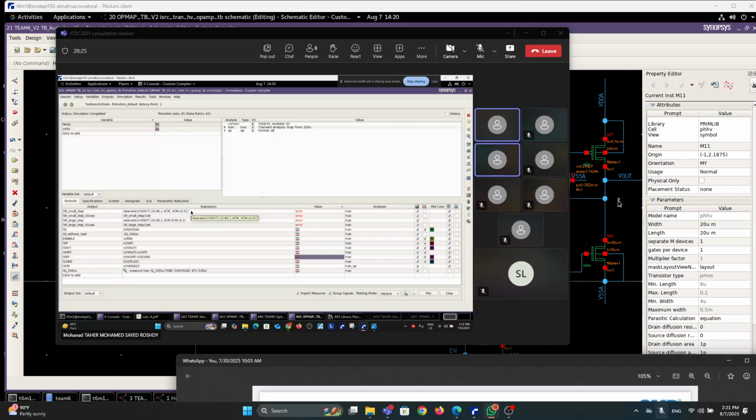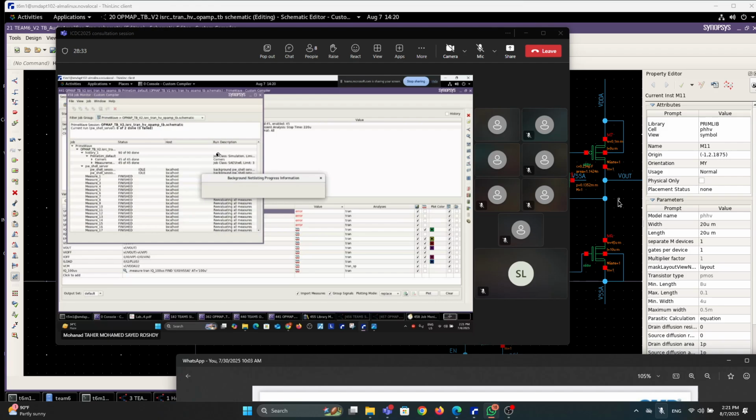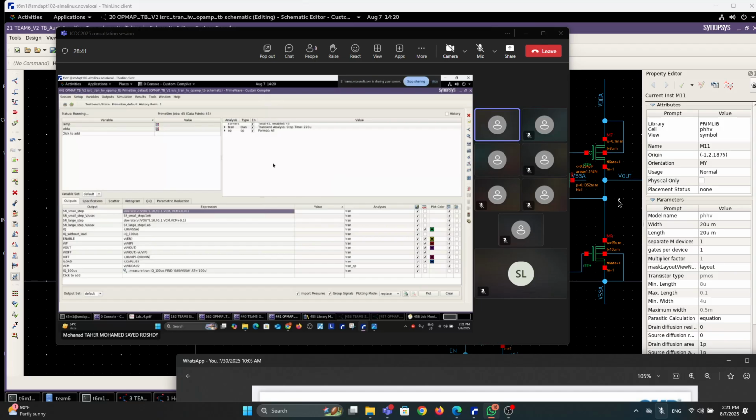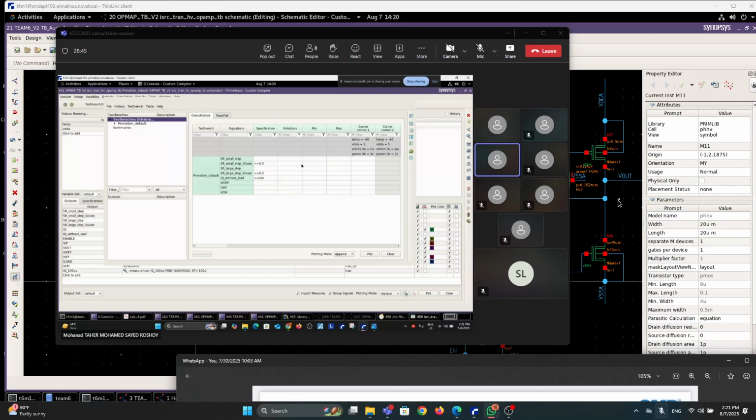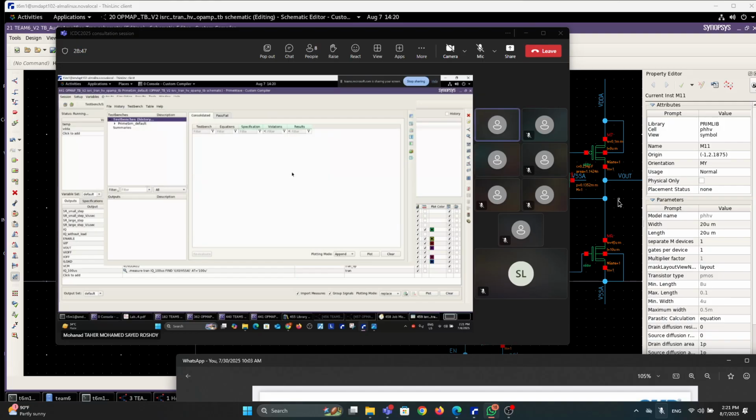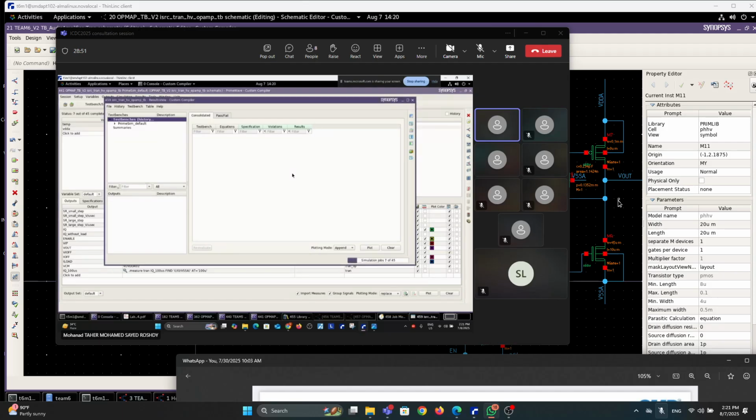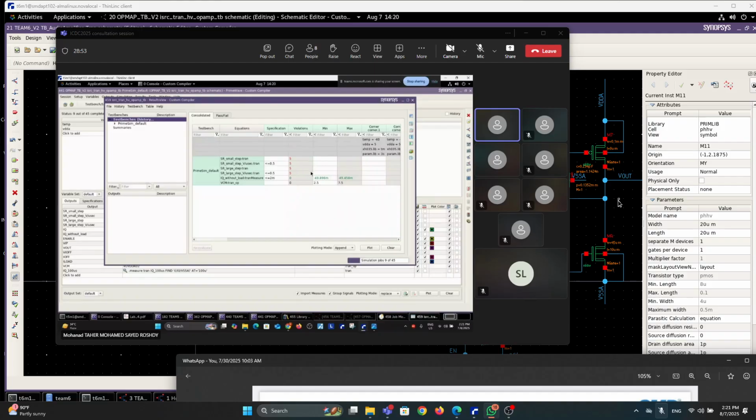Can you run the simulation? Don't remove this, don't remove. You run it first. Let's try. You mean there is no waveform? There should be a waveform, just the values are not showing here. I see. Let's actually check. I don't remember, because last time I remember it just gives